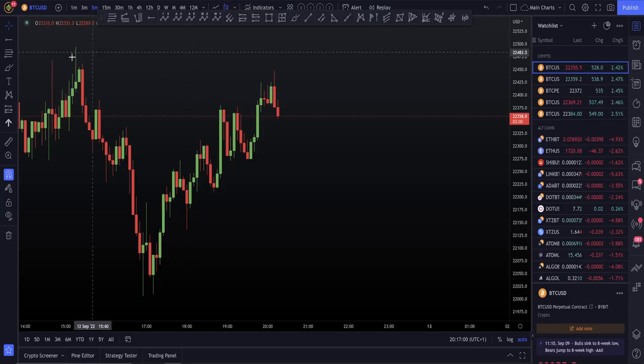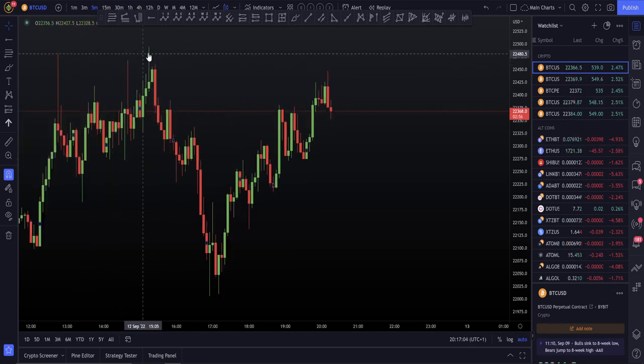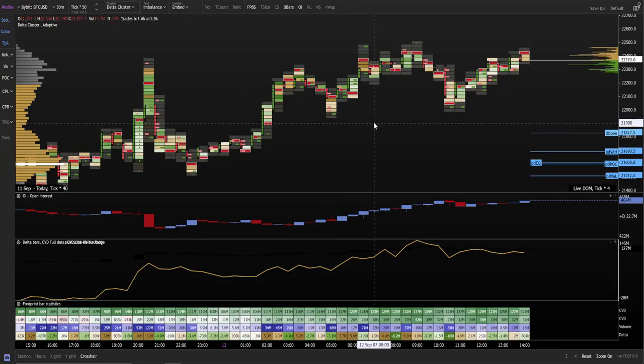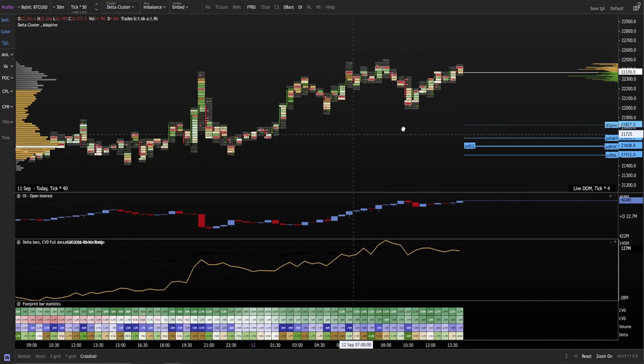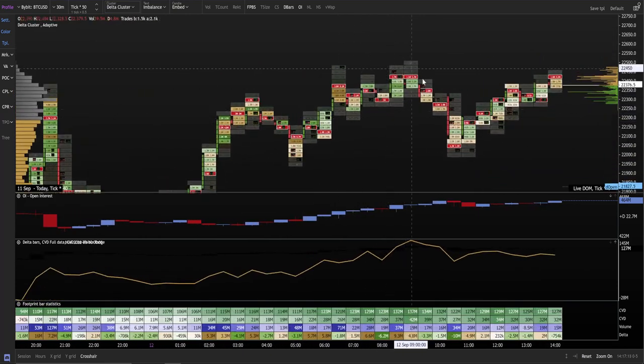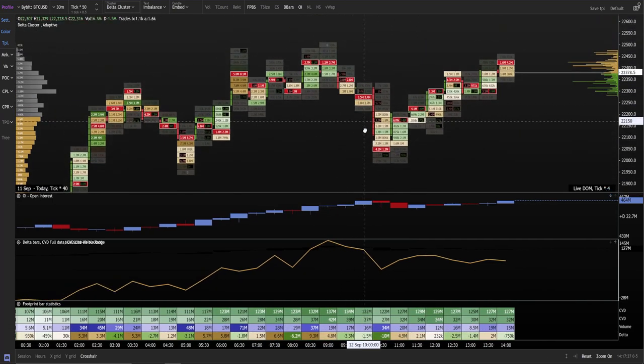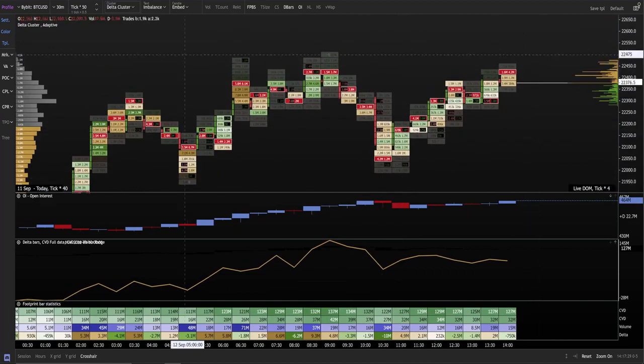When you took that high here and you formed that swing failure pattern, you had a very legit reason to take it because you ended with a lot of trapped longs up into the high, right? So this is a very legit short to take, and it ended obviously in this downtrend here. You can see as you're coming up to that high, 9.3 million new longs, 4.8 million new longs. This is a large amount of new longs opening into that high. Thus, you get the local pullback, and they get stopped out, and now we continue that rise.